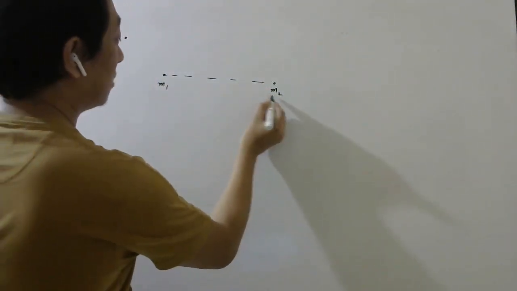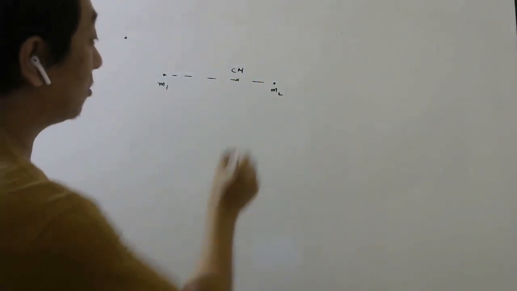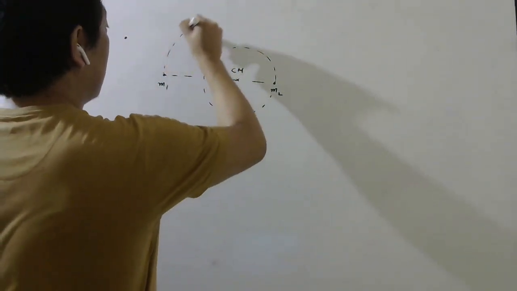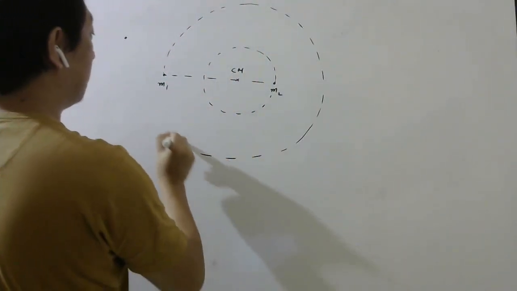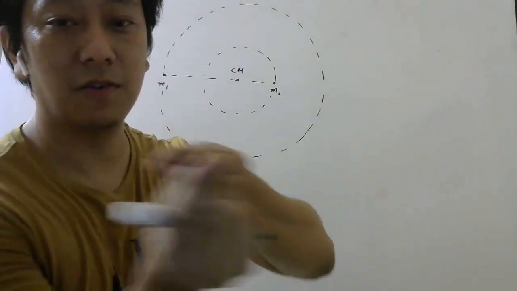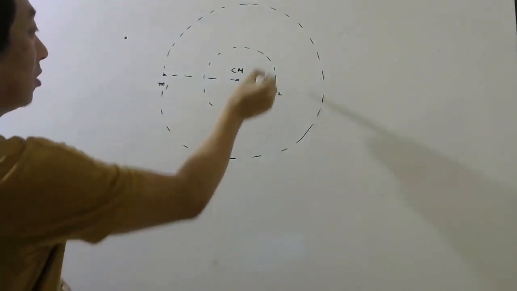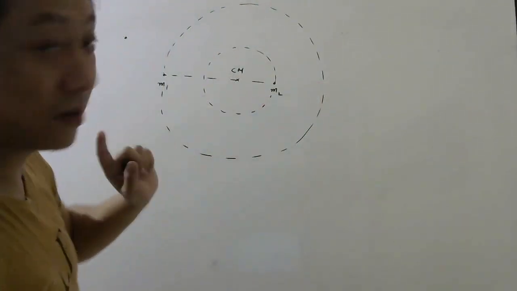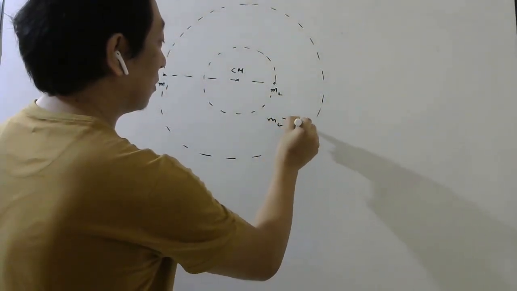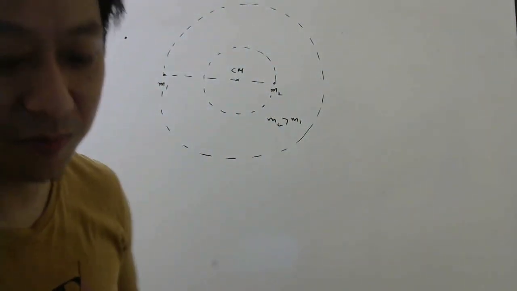So let us say m2 is greater than m1, so the center of mass will be somewhere here. Okay students, so this will rotate around the center of mass like this, and this will rotate around the center of mass like this. This is also called binary stars. If you have two stars like this revolving, they don't have a common orbit. One may have a smaller orbit, one may have a bigger orbit. So you have understood one thing: the center of mass is near the bigger mass, so the bigger mass will rotate in a smaller orbit.